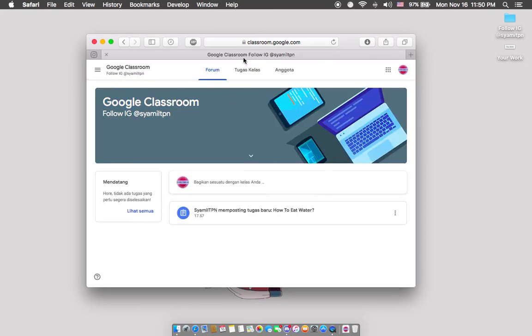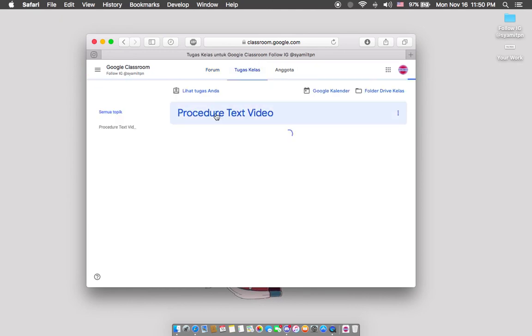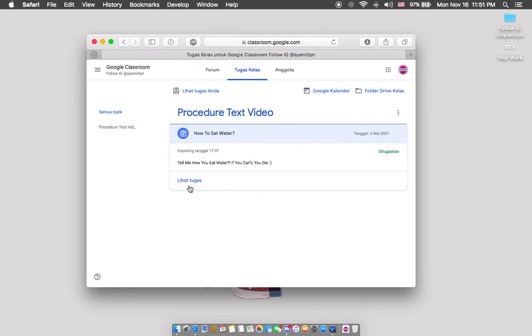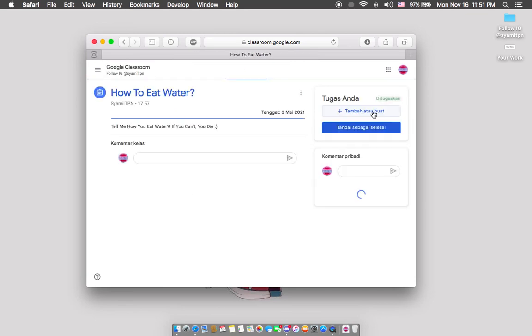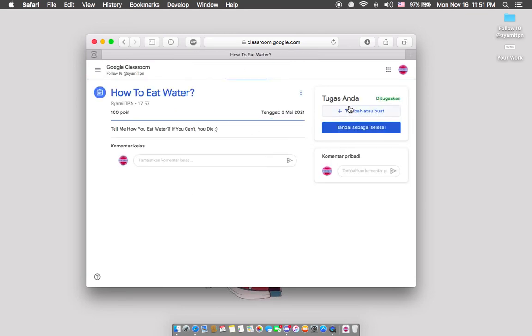Now you already join some class, and you can add your work in here, the work. This is the work. See the work. And if you want to add your work in the class, just add this place like here